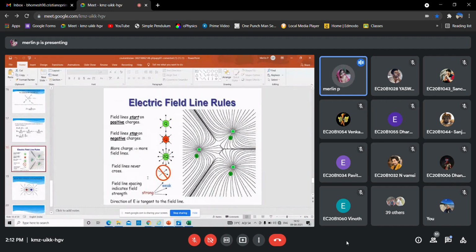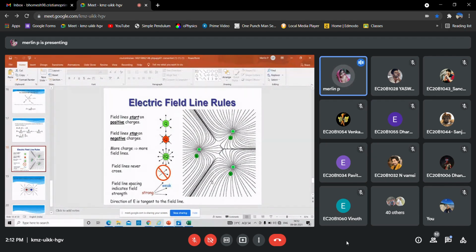So this is the property of electric field lines. Suppose we have point charges like this, the electric field lines will be like this only. From positive to negative the field will go. These are some of the facts. Field lines will start from the positive and end in the negative. Negative to positive the fields won't go. Only between positive and negative will the field happen.